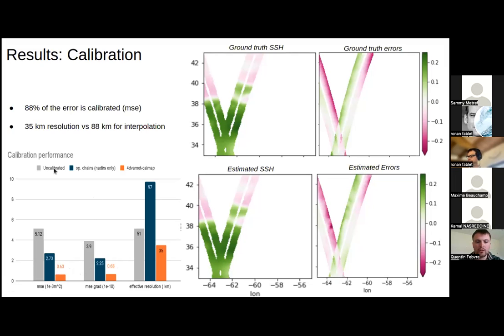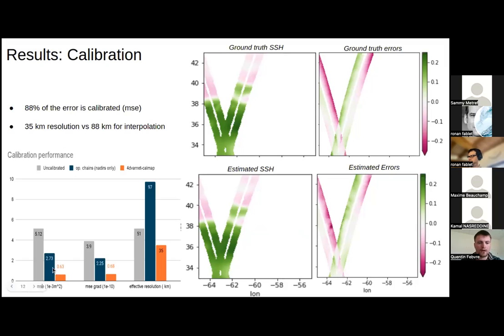And the three values we compare are the uncalibrated SWOT observation, the estimation on the SWOT domain by the operational chain, and the calibrated observation produced by our method. And on the four panels, we can see the ground truth geophysical components and the ground truth error, and what our method estimates for those two